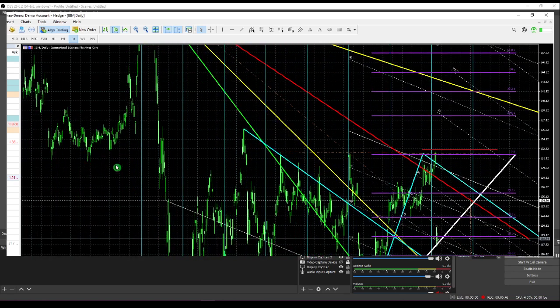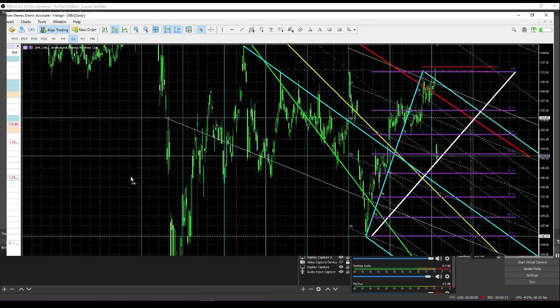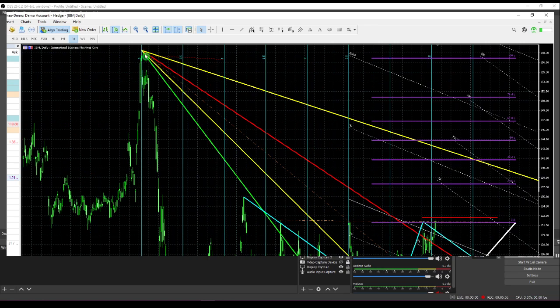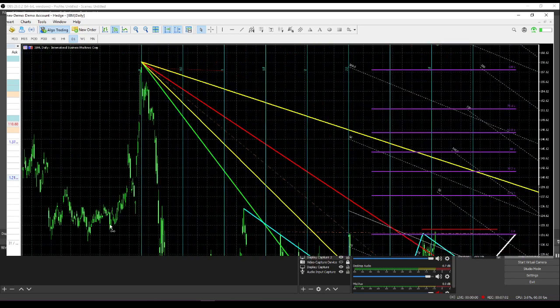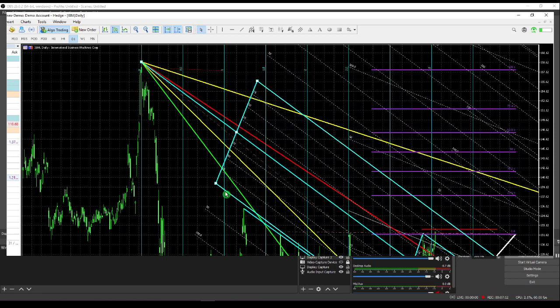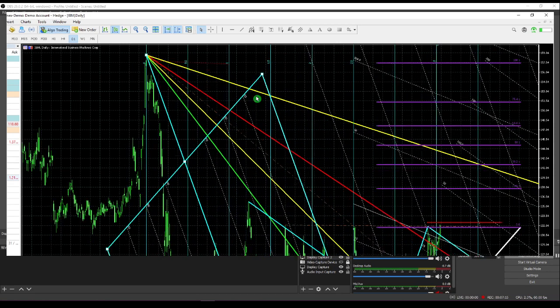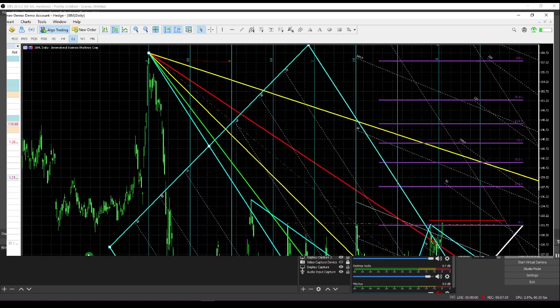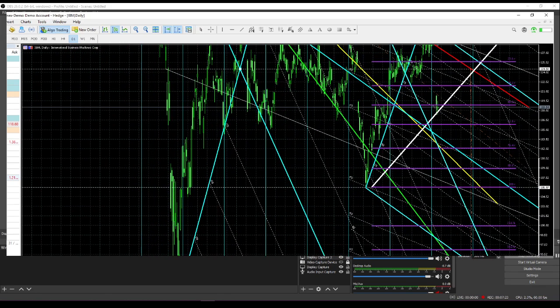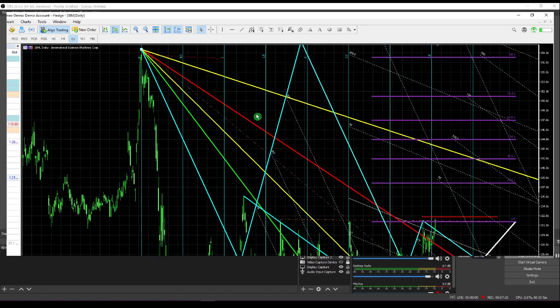So what I did from there was I drew one of these Henry Steele pitchforks, and Henry Steele recommends that you draw these from a pivot point 0. Let's just start off with a traditional pitchfork actually. So a traditional pitchfork would say we've got pivot 0 here, then we need a pivot 1, which is, say, here. Actually, pivot 1 occurs down here, doesn't it? So this becomes pivot 1, and then pivot 2,